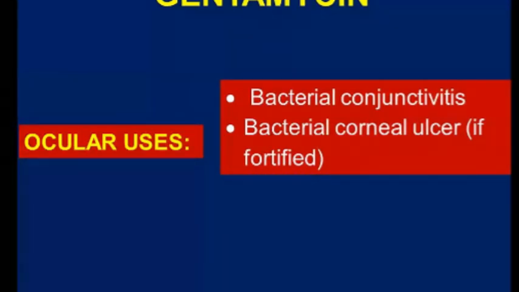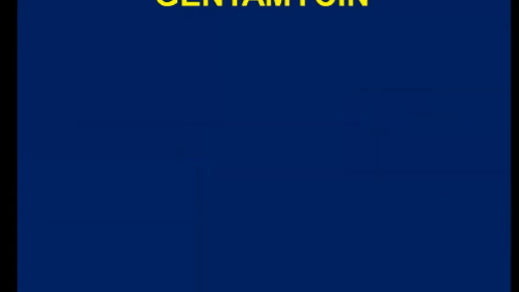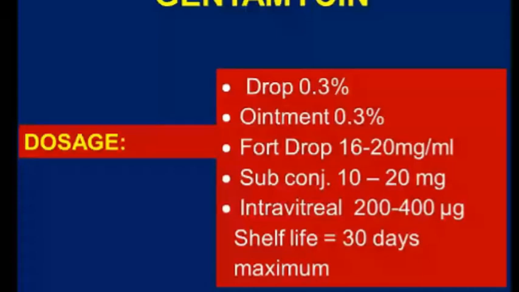So as you can see here, it can be used for treating bacterial conjunctivitis and bacterial corneal ulcer, if fortified. The dosage in eye drop is 0.3%. The same way other antibiotics are administered, 3 times daily for mild infections. So it's 3 times daily, but for more severe infections,